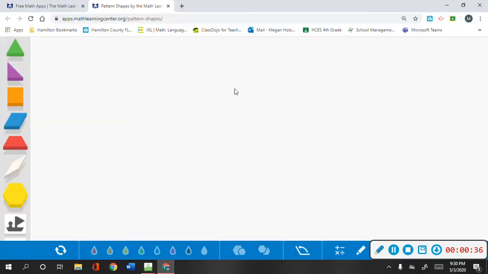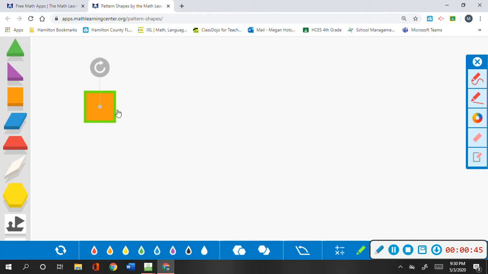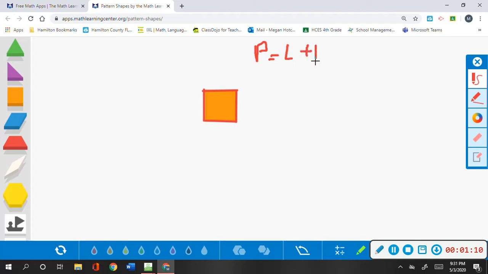where'd my screen go? There it is. Okay. So if I'm talking about finding, well, we can just use a shape. If I'm talking about finding the perimeter of a shape, I am talking about going around the outside of the shape. I want to know what those lengths are. And remember, for perimeter, and P can stand for perimeter, equals length plus length plus length plus length,